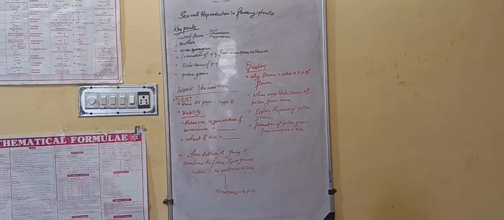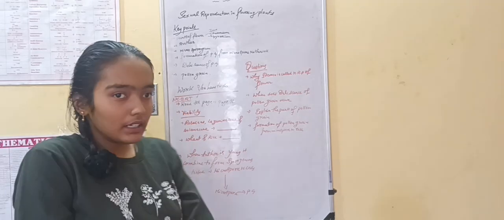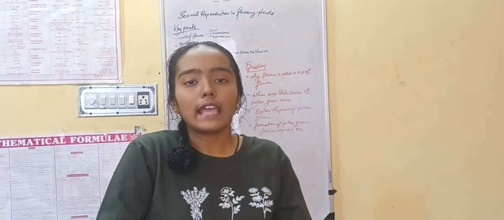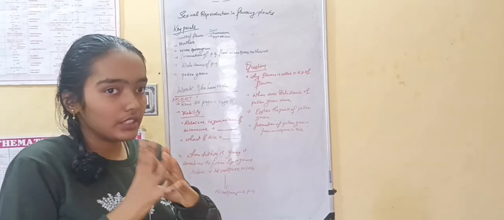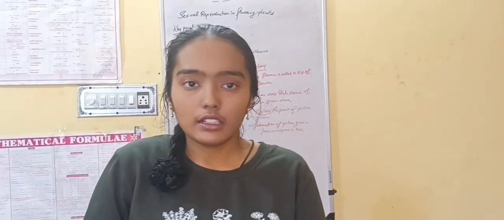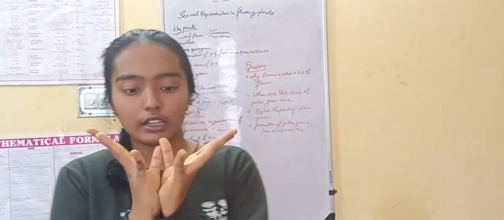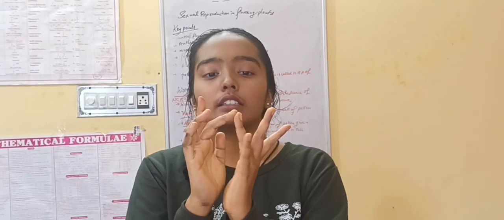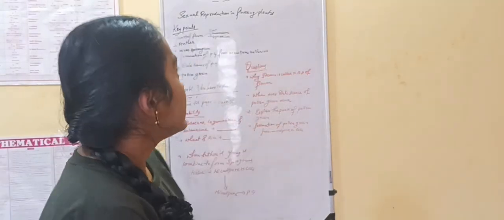So now, in this chapter, one part I have already discussed today is androecium. In androecium, we first discussed the parts of a flower. Like this is a flower, and in the middle of it is called the stigma, and here these things are known as the stamen, and like that.